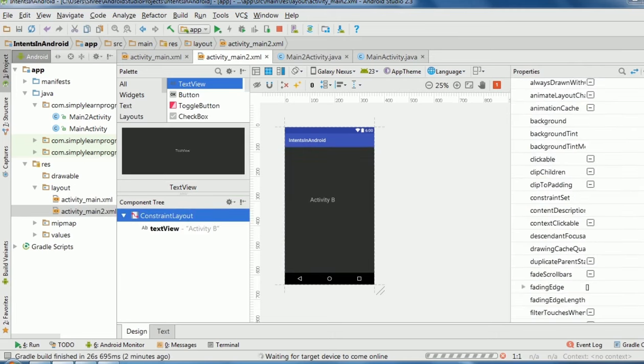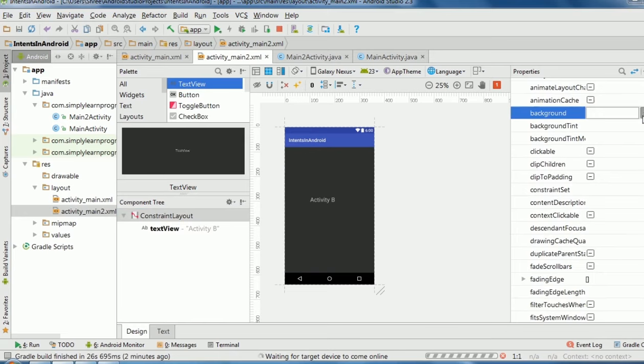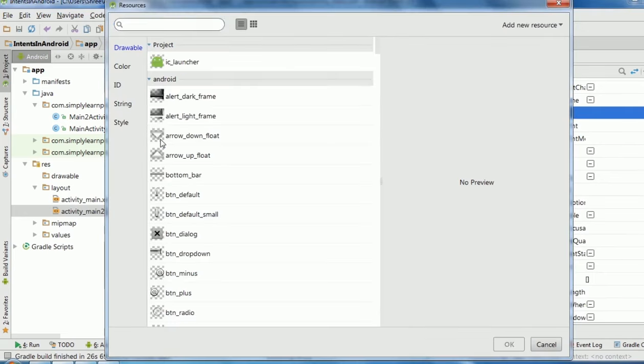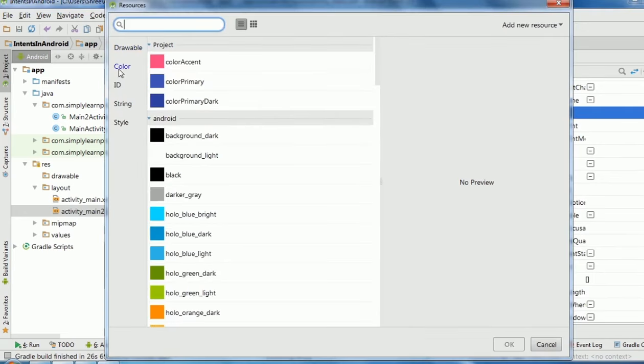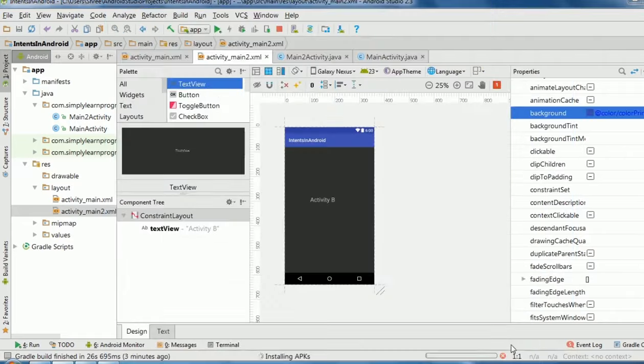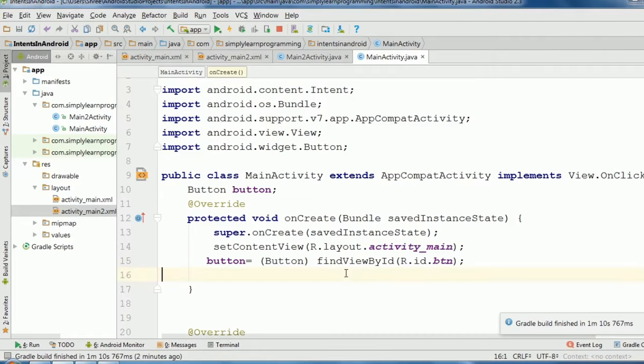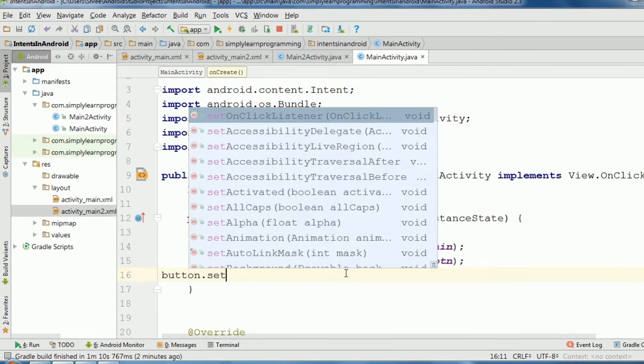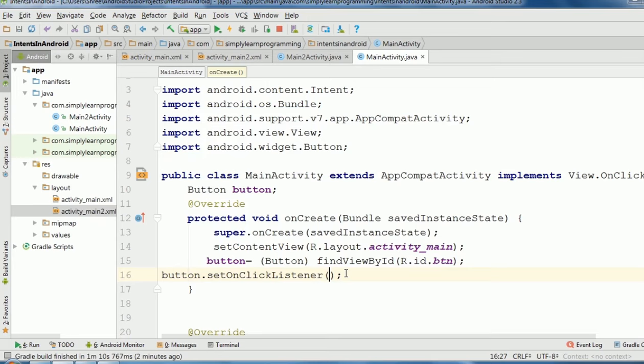And then change the background color of the activity. In the background property, select the color. Now here we forgot to add the setOnClickListener method, so we add this. So button variable dot setOnClickListener, in bracket add this keyword.